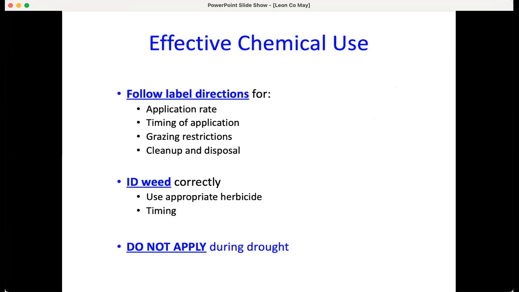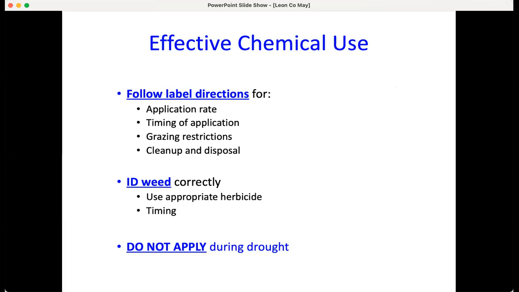With the use of herbicides, we always have to remind you that the label is the law. Very important to follow label directions. A lot of producers have seen failure with use of a herbicide, primarily as a result of failure to read the label. So make sure you are following those label directions, not only as far as application rates, but timing